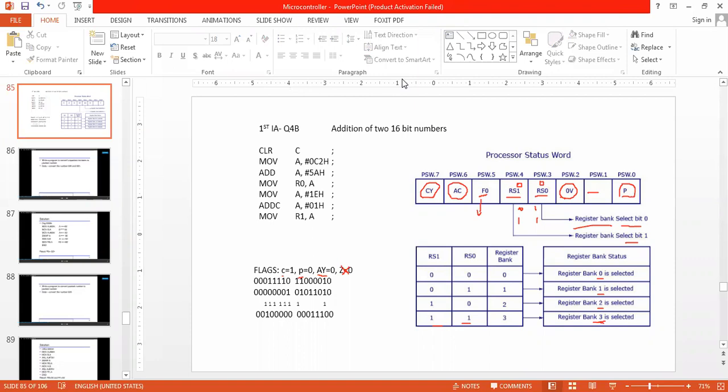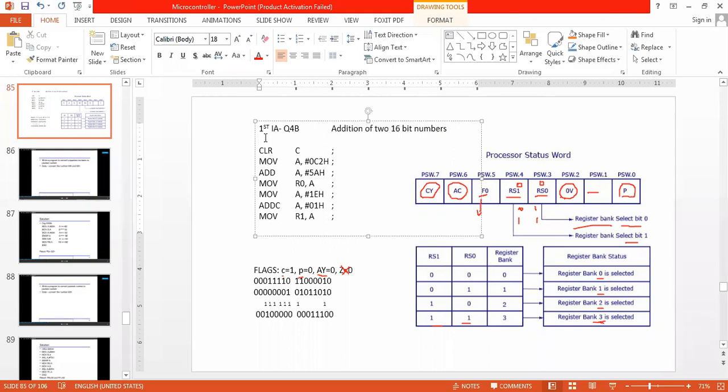What we are going to add here is 1EC2, a hexadecimal number, plus 015A. This was the number given in the exam test, correct?